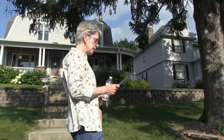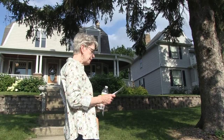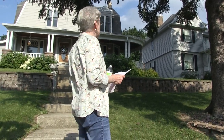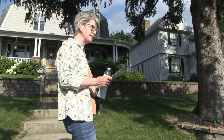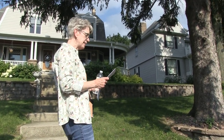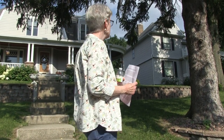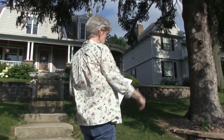And at the end of the Depression, the upstairs was converted into an apartment with its own utilities, and the stairs were moved to the front foyer. However, when it became a one-family residence again, the stairs were moved back to their original location, and the second set of utilities were removed. So it's back to a single-family residence. We're going to go down to the corner now to the